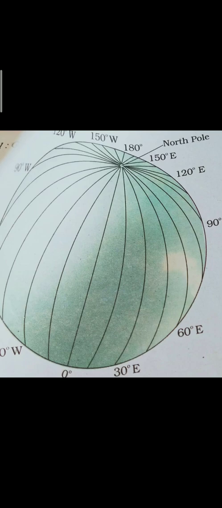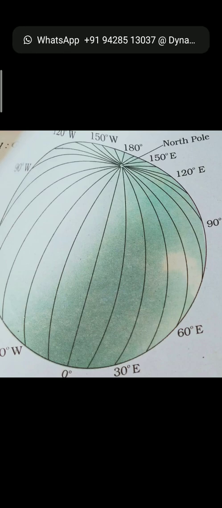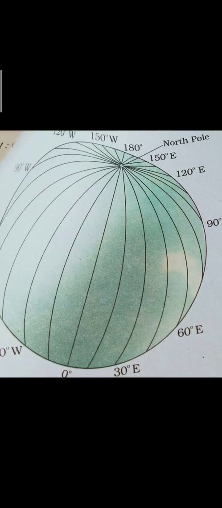So if we draw longitudes, what we see is, if you take one common place, for example the center point, that is the prime meridian longitude. So from there you can compare the places towards the east of the prime meridian or the places towards the west of the prime meridian, correct? You can at least compare and find out. You can easily get the place where it is. You just have to compare from the prime meridian, whether it is towards the east or towards the west. So this way longitudes help us.